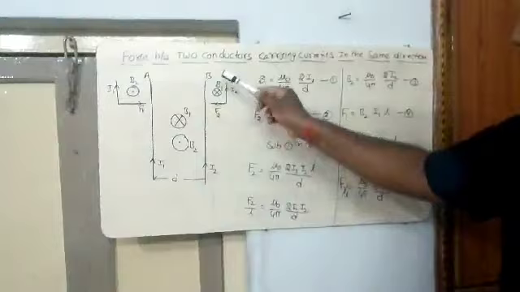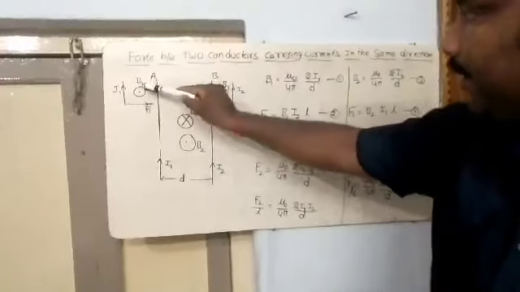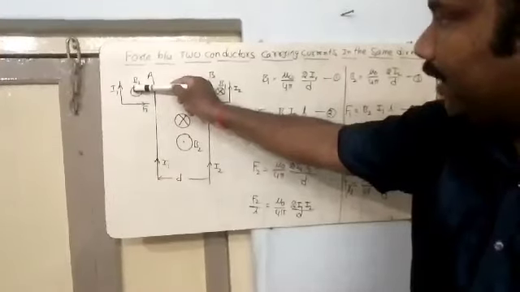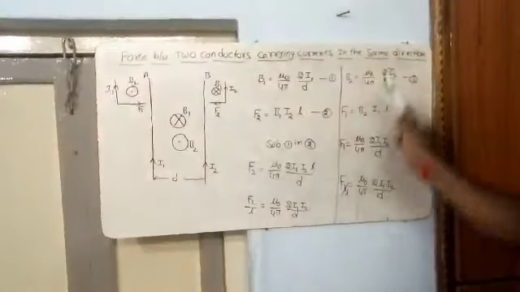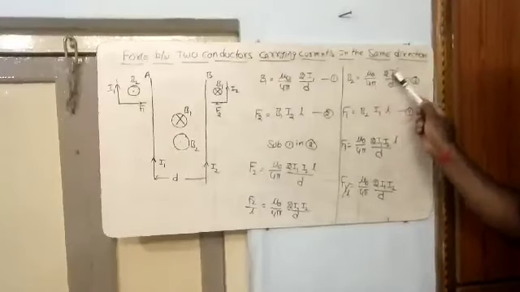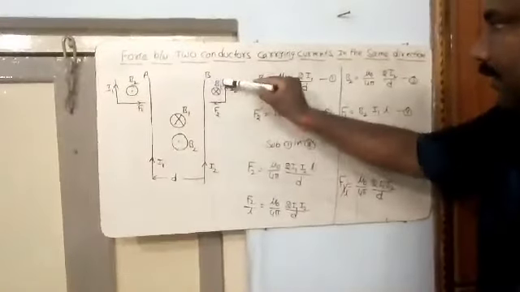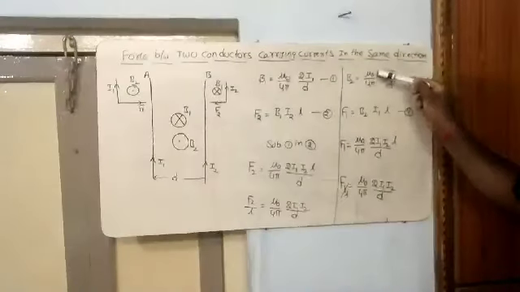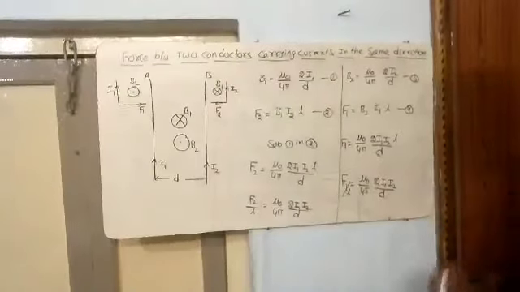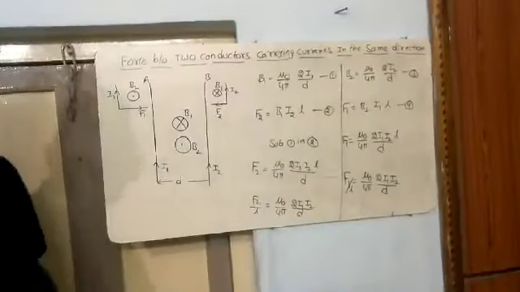Now see, because of conductor B, current I2 is passing, it creates the magnetic field, that is B2, which is acting vertically upwards. First I am writing the equation, B2 is equal to mu naught by 4 pi into 2 I2 by D, and it will experience a force due to this magnetic field. Then I later substitute the equation, and finally I can get the equation like this. F by L is equal to mu naught by 4 pi into 2 I1 I2 by D.